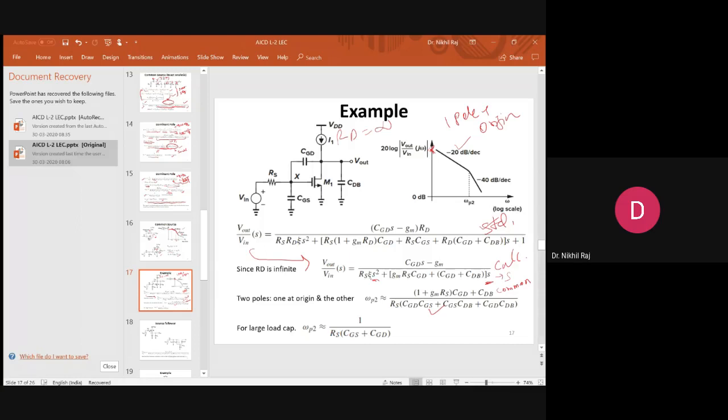So here the pole is starting from the origin, so minus 20 dB. After a certain frequency, minus 40 dB will come because of the introduction of the second pole, omega p2. Then further, due to the introduction of the zero, this will again change to minus 20 dB. So how does this starting curve begin? It is predicted based on the location of poles. That is why pole analysis is important.